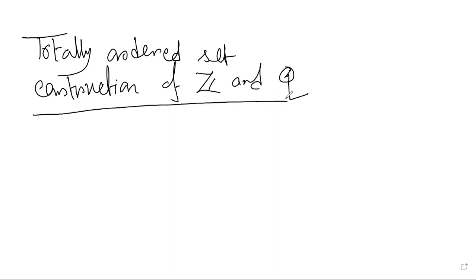So, our study plan is first we see what is a totally ordered set, right? Then we see how to construct the sets, that is my Z and Q. We already know the description of Z and Q, so we'll do it step by step. First, totally ordered set. To understand a totally ordered set on a set X, we have to study partially ordered sets. So let's start with partially ordered set.